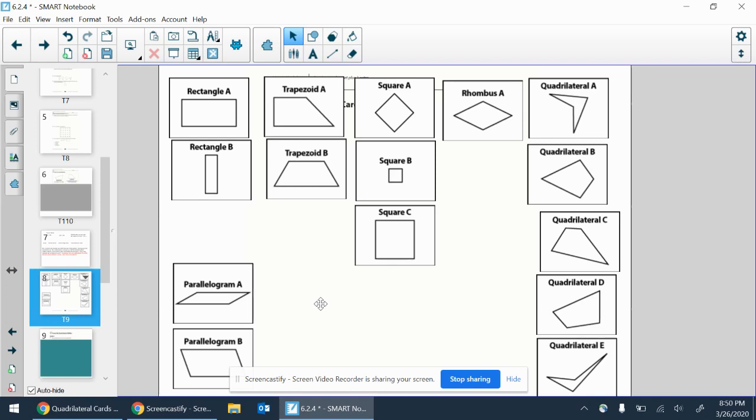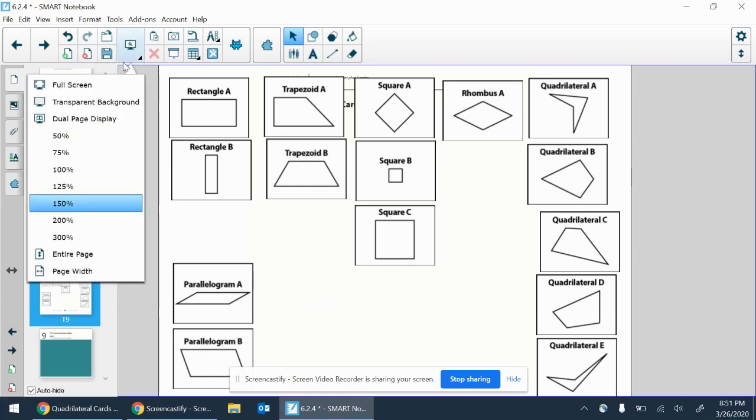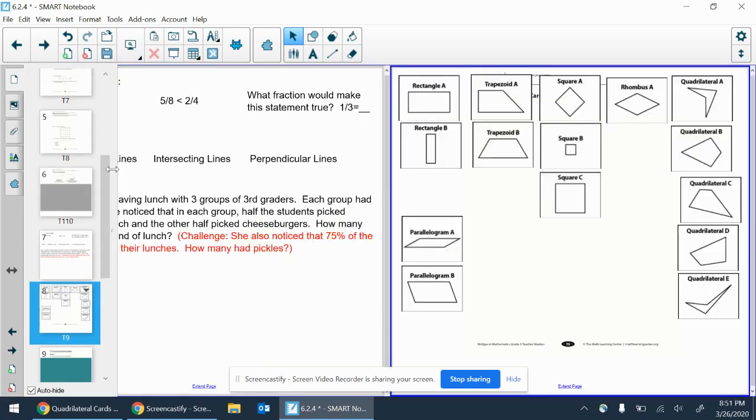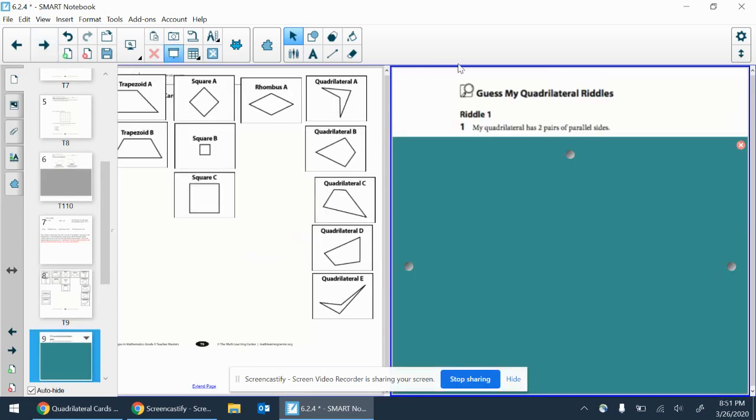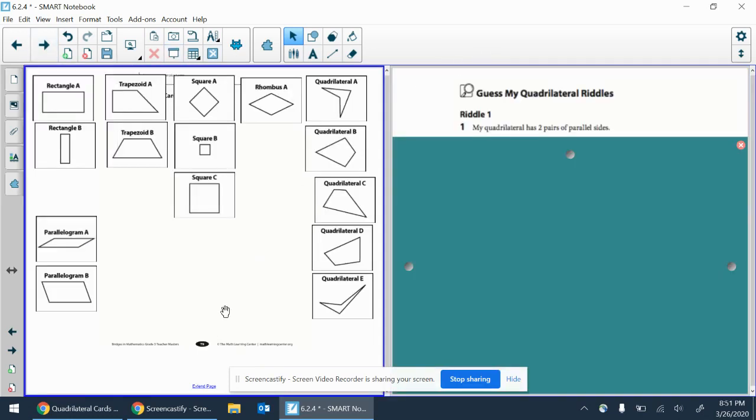So today's lesson is called Guess My Quadrilateral. What you're going to be doing is I'm going to say some riddles, and you are going to have to sort your shapes to try to figure out what shape I am looking at. So it's a little bit like you're going to try to read my mind. I have the riddle, and let's do the first riddle together. Okay, so let me try to split my screen here for you. All right, so